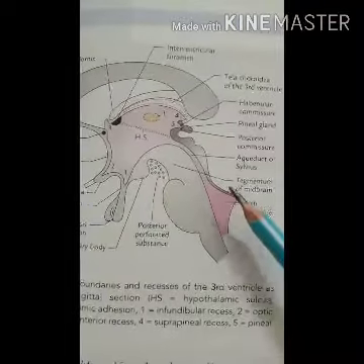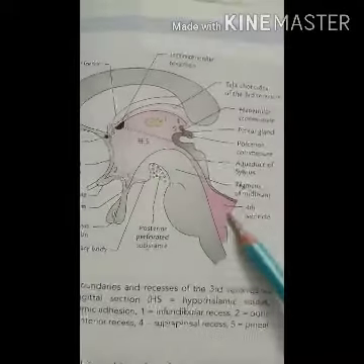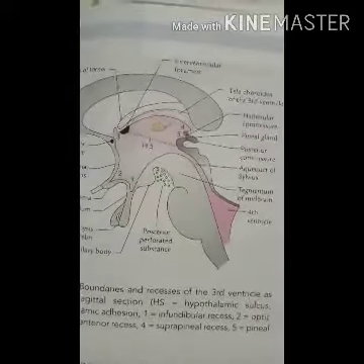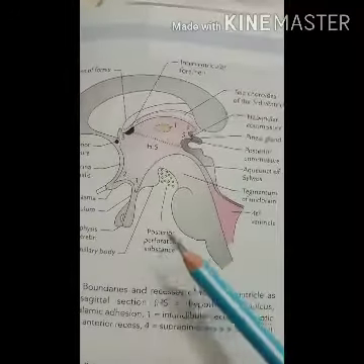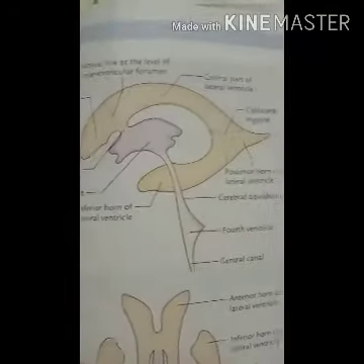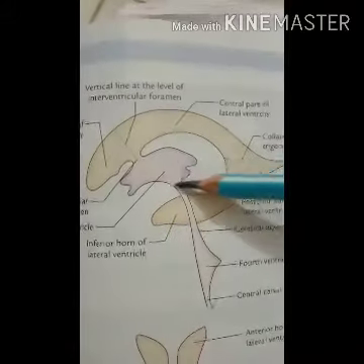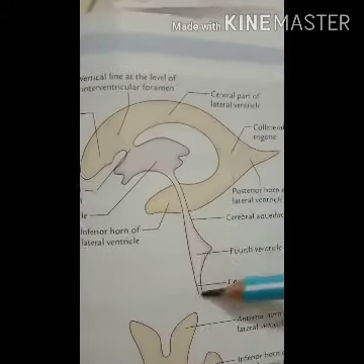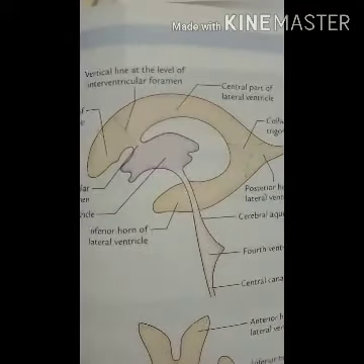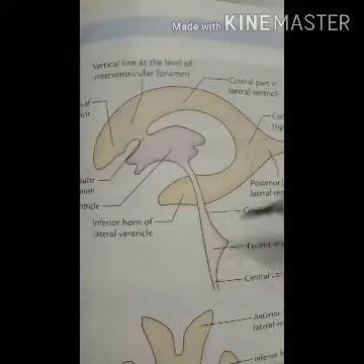In front, and on the dorsal side there is the cerebellum, this one. So it has the lateral boundaries, floor, roof and the cavity. In another diagram we can see the ventricular system. This is the lateral ventricle, third ventricle, cerebral aqueduct, and this is the fourth ventricle. So let's see the boundaries of the fourth ventricle.